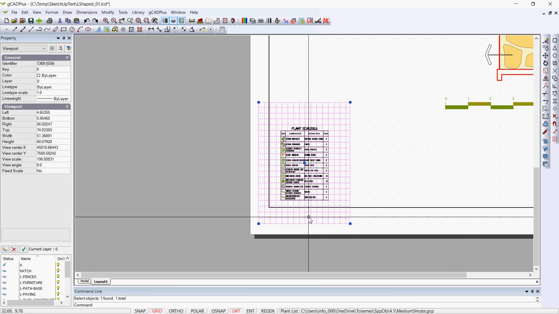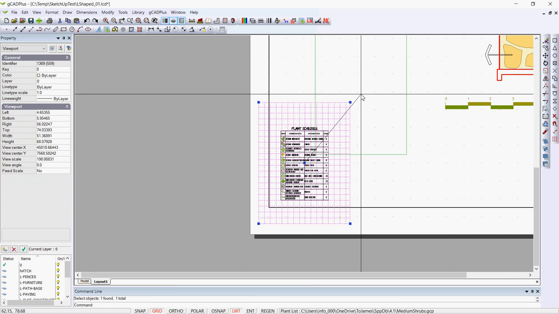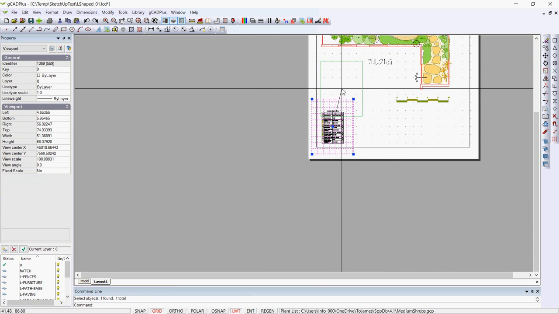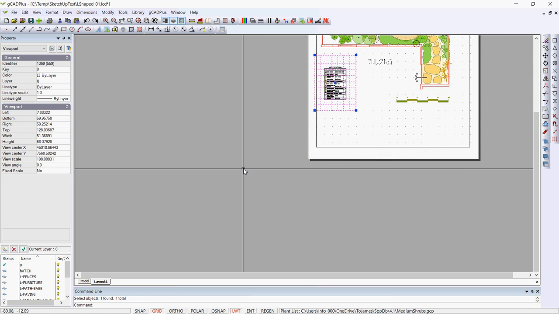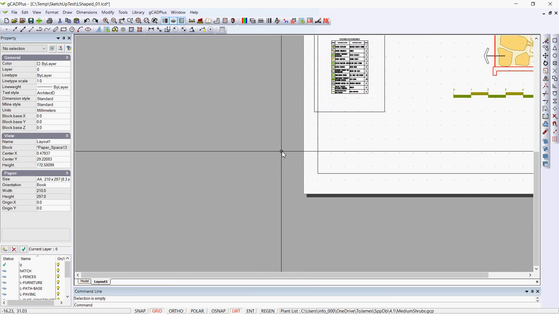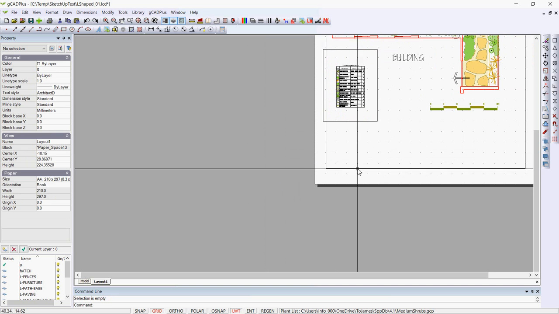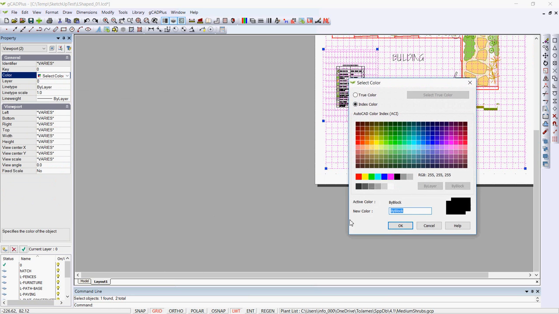It becomes, of course, very easy now, because it's contained in its own floating viewport, to move it wherever you see fit. I tend to leave it overhanging a little bit like that so that I can select that viewport earlier. If we change both of these to colour 255, which is our advice,